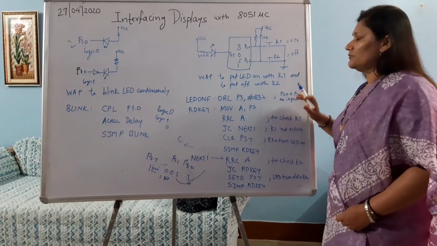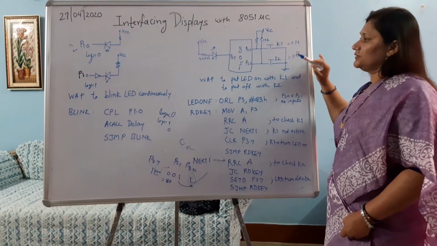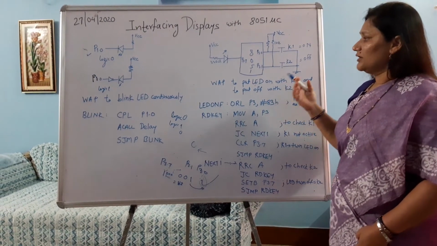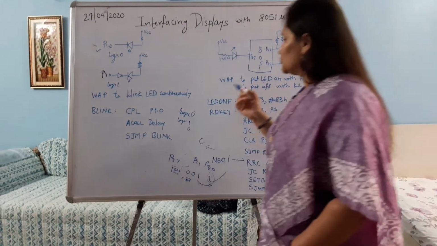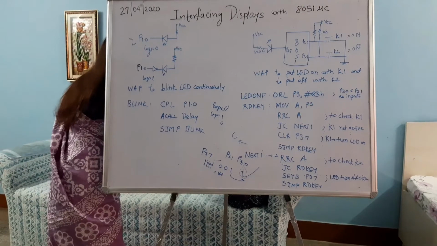So students, that is how we control only one LED with 2 keys. But there can be a number of LEDs, there can be a matrix of keyboards, there can be 7-segment displays, as we see on railway platforms, etc. We use 7-segment displays. So how to control those 7-segment displays with the 8051 microcontroller?